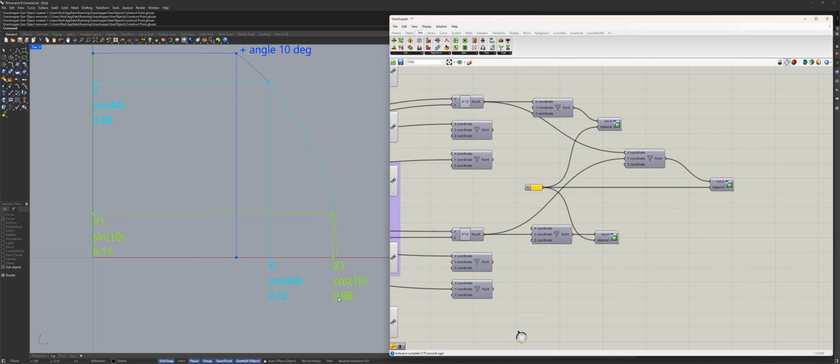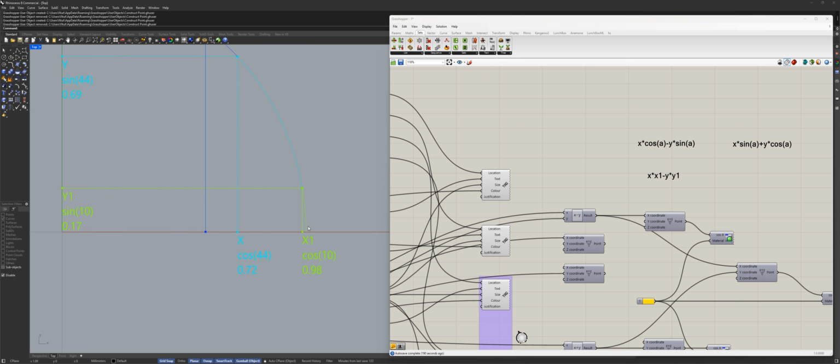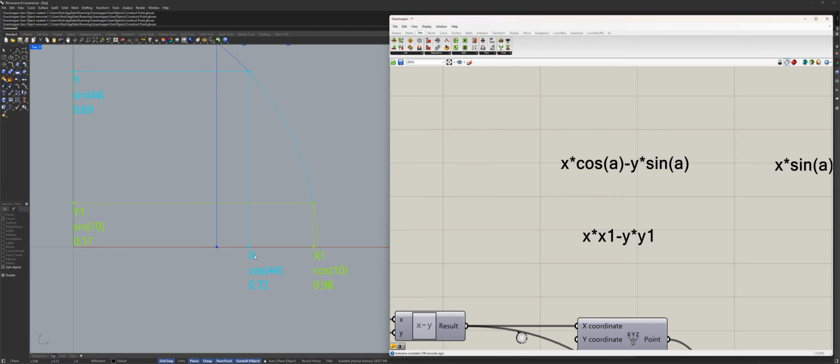It gives me the number 0.98 for these green lines and the green points. So it gives me this point here, because the cosinus will be 0.98 and sinus will be 0.17. Once again, the computer solves it, it gives me the numbers. So I know that the original values for the 10 degrees are these. So now I have x, which is my original projection of my original point in the x direction. Here it is, x, it is 0.72. And I have the cosinus of an angle of 10 degrees, right? Which is